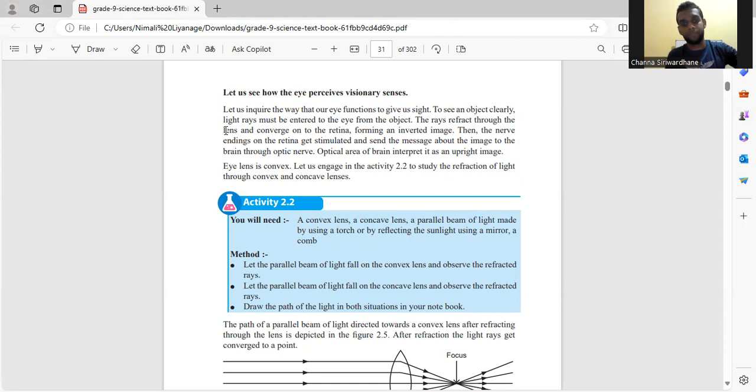Right? Eye lens is convex. Let us engage in activity 2.2 to study the refraction of light through the convex